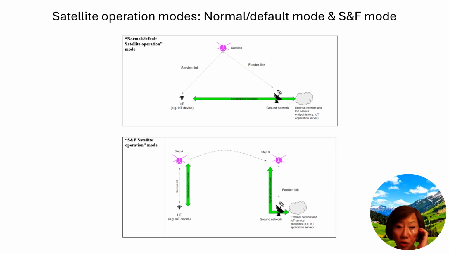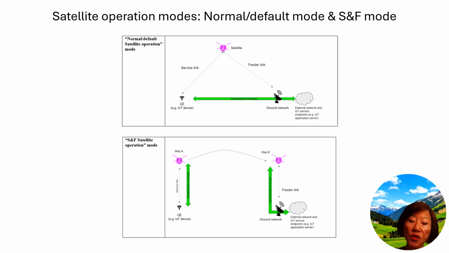So this is a store and forward scenario. The way the mode works is that the satellite temporarily stores the data from the UE before forwarding to the ground network. The idea is very simple, right? You store it first because you can't send it to the ground network because the satellite doesn't see it. But once it sees the ground network, has the connection there, then it forwards the data through. That's the idea, basically.